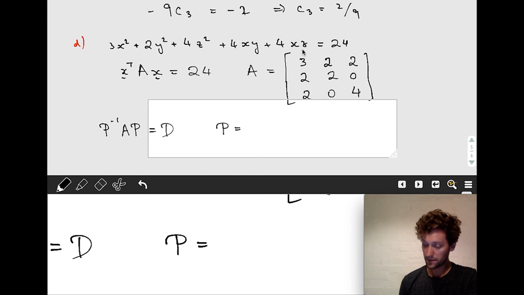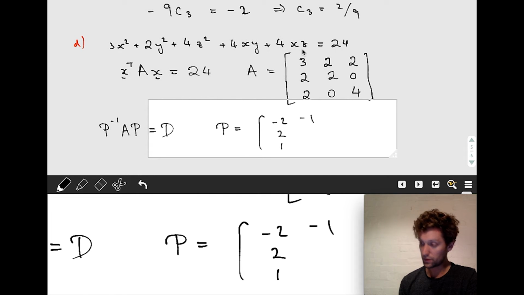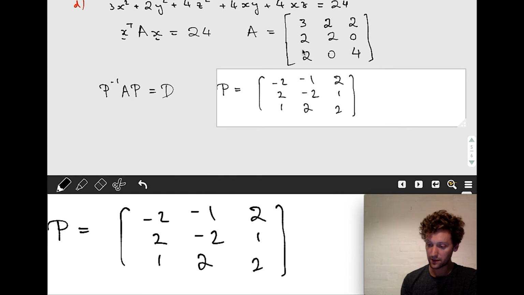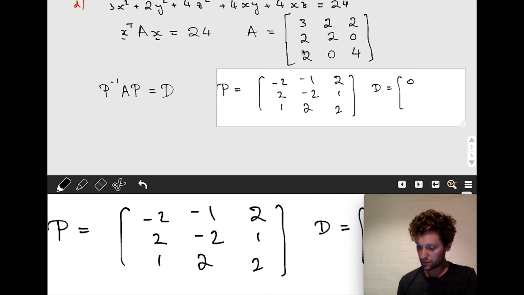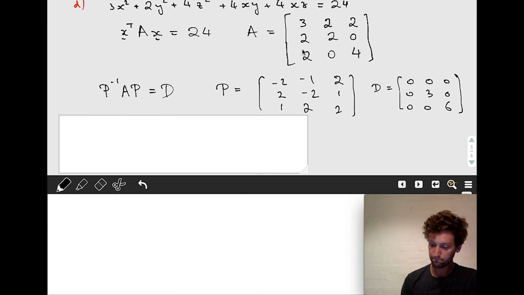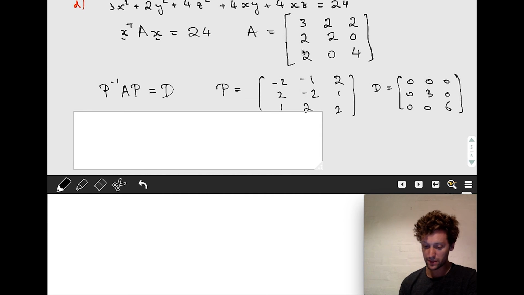Let's try that again. Matrix of eigenvectors was -2, 2, 1; -1, -2, 2; and 2, 1, 2. And the diagonal was 0, 3, 6 along the diagonals. Okay, so now we're ready to write down